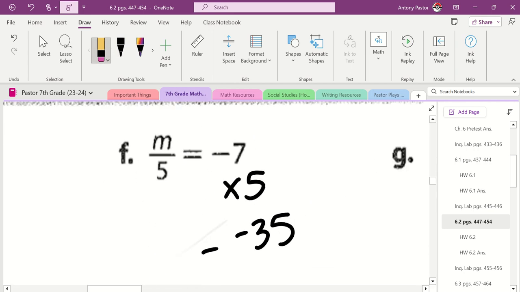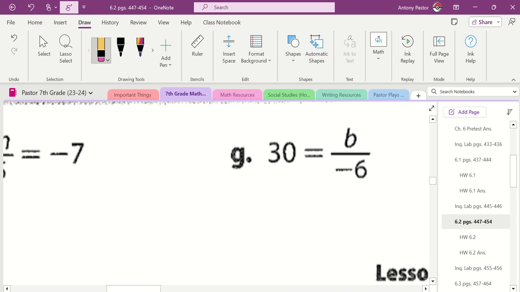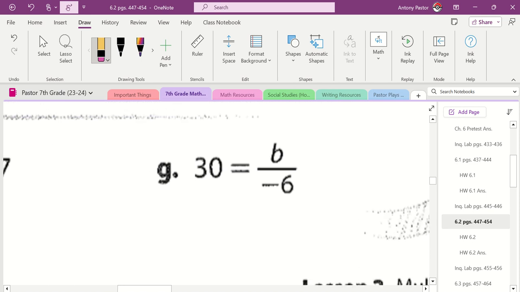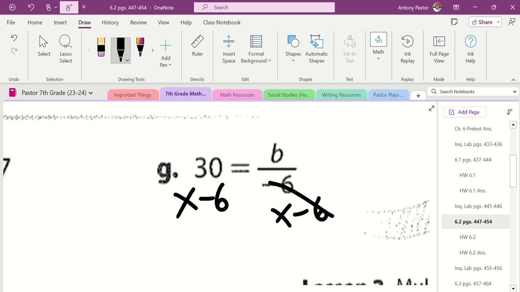All right. And then we're going to work on this one together because you guys clearly did not do well working on your own. 30 equals b divided by -6. What's my first step? Jaden. You raised your hand. Okay, so I'm multiplying both sides by -6. These will cancel out. What is 30 multiplied by -6? Say again. So b needs to equal